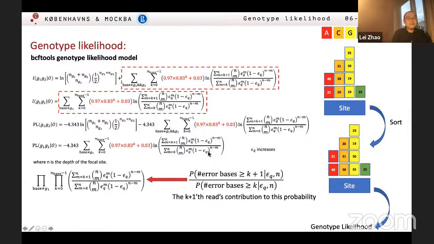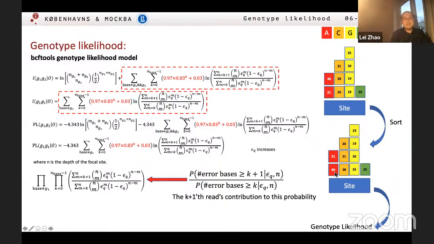And because this is read dependence, you cannot simply say that we just randomly use this kind of read. Suppose for this site you got maybe 2 A reads, 3 C reads, 4 G reads, and 1 T read. And because maybe the first one counts more, they tend to put the reads of best quality at the first position. So when we calculate this kind of genotype likelihood, we should first sort all these reads like this.